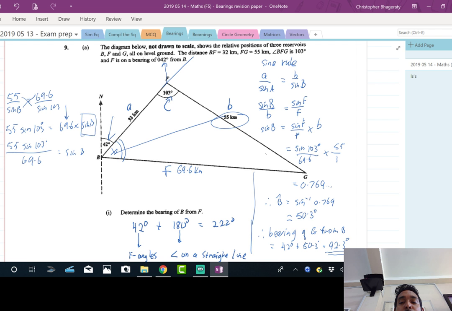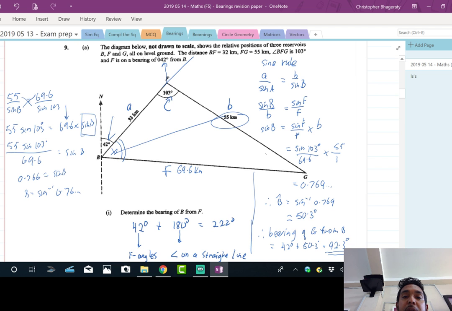When I divided this, I got 0.766. Yeah, that's fine. So you get 0.766 something. All right, cool. So that's equal to sine B. So now to find B, you have to find the sine inverse of 0.766, whatever it is. 49 point something? Yeah, so approximately 50, right? All right, cool. Okay, so I'm okay with the 50 degrees.